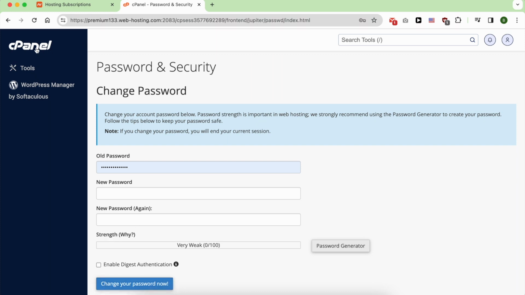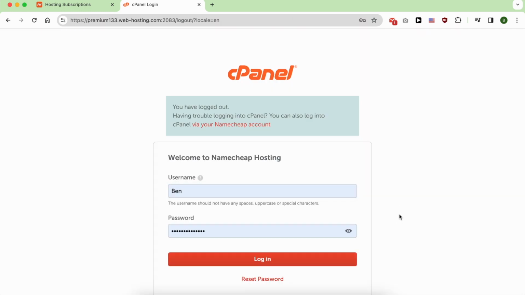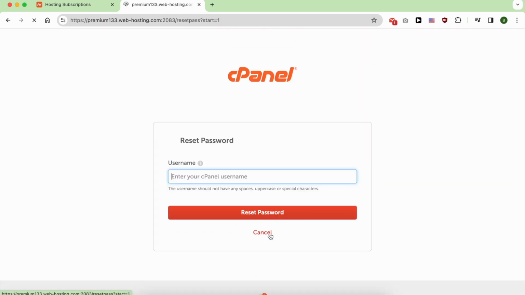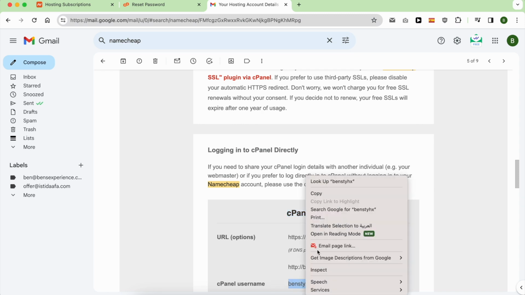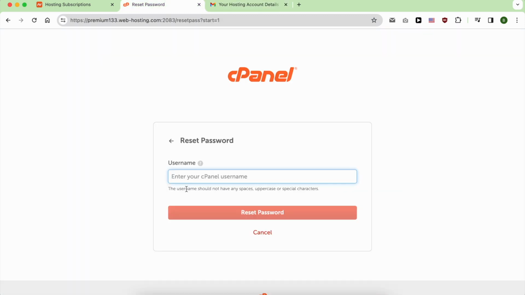If you don't have access to cPanel and you want to change its password, just click on this Reset Password link and enter your cPanel username. If you don't know this information, just look up the emails you received from Namecheap once you bought your hosting account. Go to cPanel details and next to cPanel username, copy this username and paste it here and click on